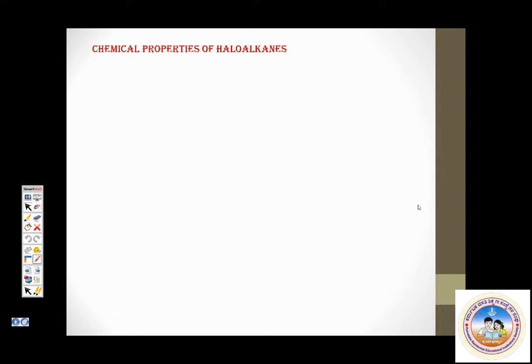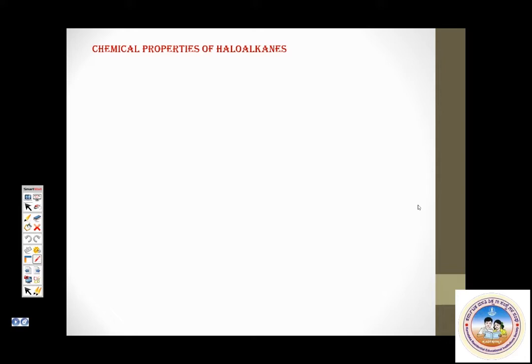I will be continuing with our last chapter, that is haloalkanes and haloarenes. In our last session, where we started haloalkanes and haloarenes, please recollect we have already discussed the introduction part, which includes classification, nomenclature, isomerism. And we also solved multiple choice questions related to that. And then we could also complete methods of preparation of both haloalkanes and haloarenes and solve questions as well.